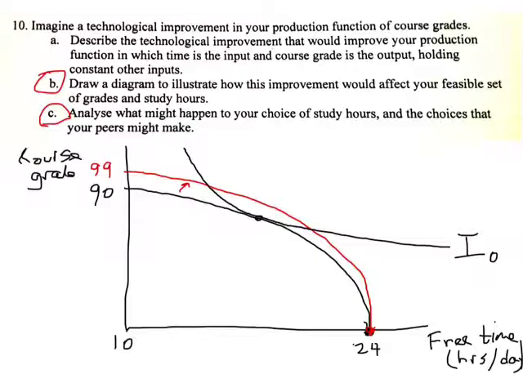Remember that in this rational model, people behave to attain the highest level of satisfaction, and we have all these successive indifference curves, and this is the highest one that could be attained. Marginal rate of transformation, that's how you convert time into grades, would just equal the marginal rate of substitution. That's your willingness to trade course points for free time. And let's say this is 80 and 18, something like that, not drawn to scale.